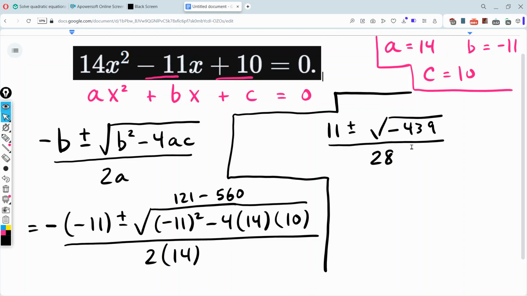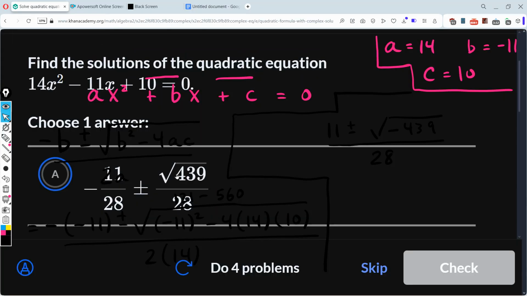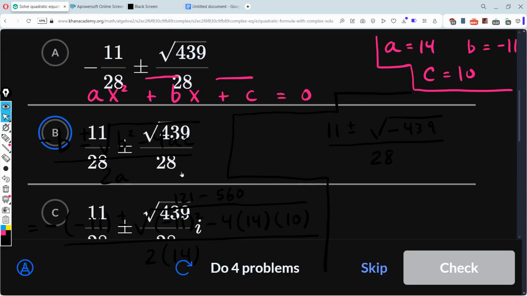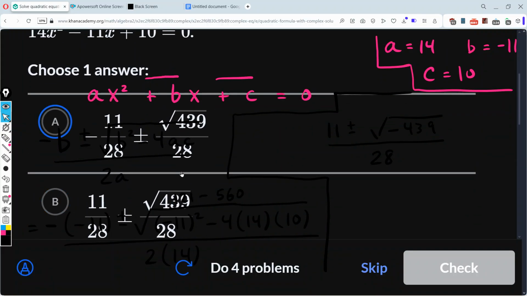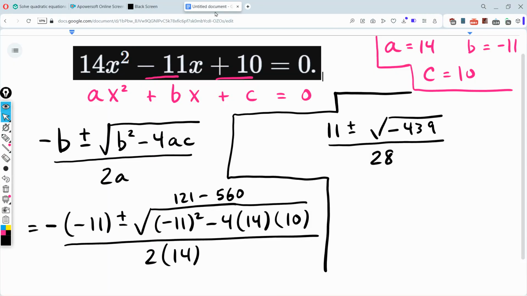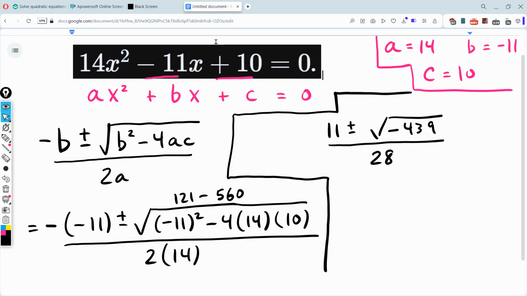Small mistake, it's not negative 419. It's negative radical 439. Before I try to break this up, let me see if this is one of the answers. Okay, and there is a radical 439 in all 4 of the answers. So I know I don't have to break that up. I got lucky there. Let's continue. Not much to do here, really. So negative 439,